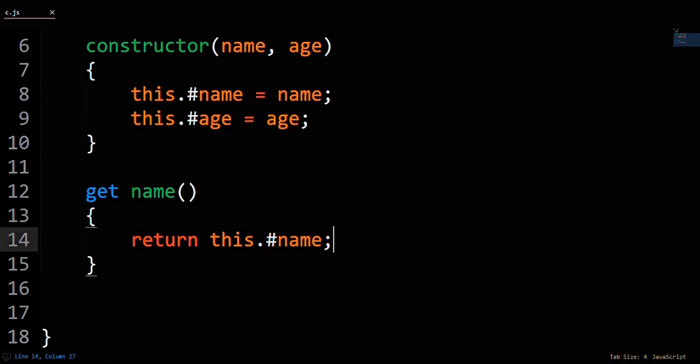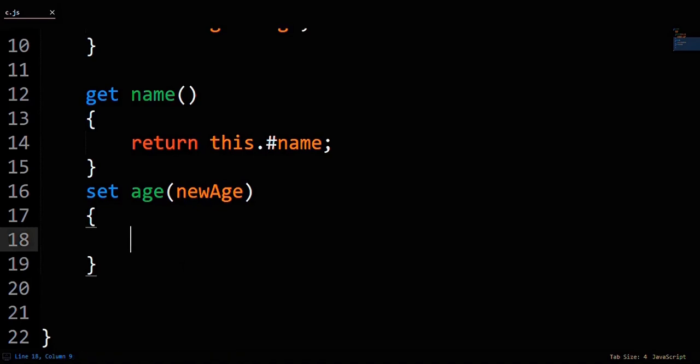Now, you might think the utility of setters in this case is useless again, because why would you want to give access to values that you went through the process to make private? Because you can set the terms of how a value is changed and validate if a change should even be allowed to happen. For example, you could do a setAge method with the parameter being new age.